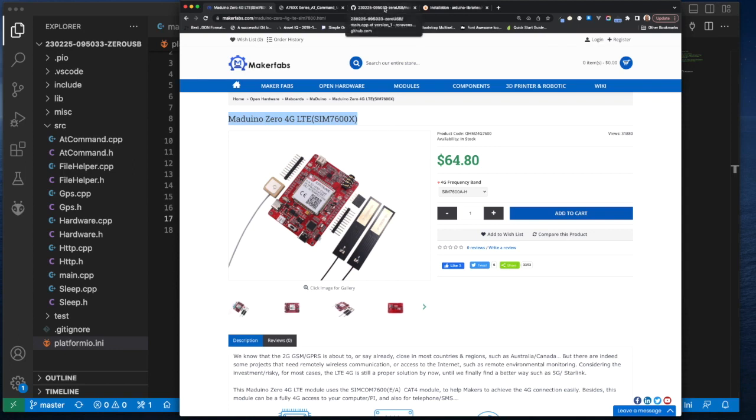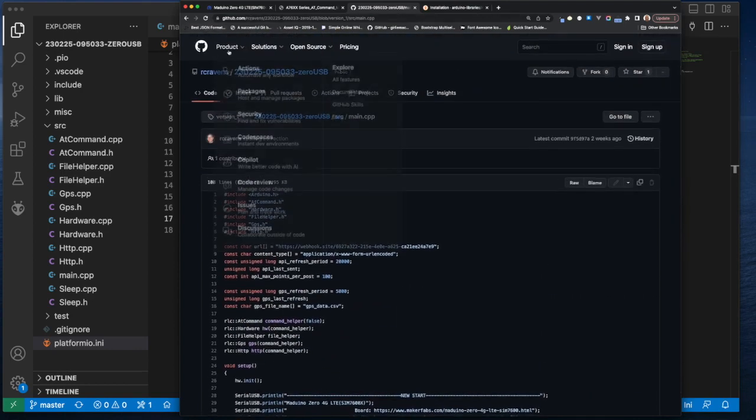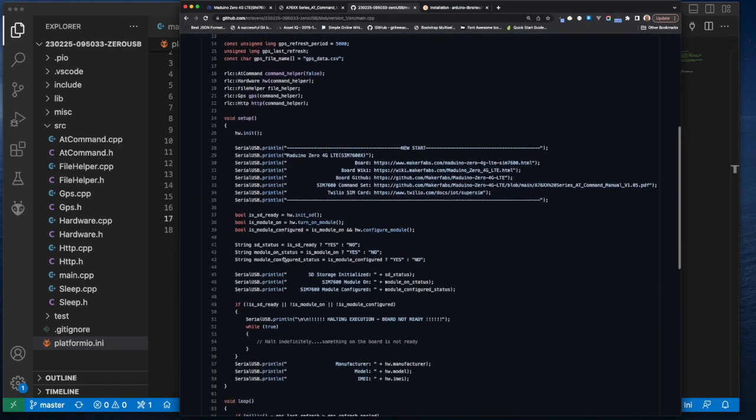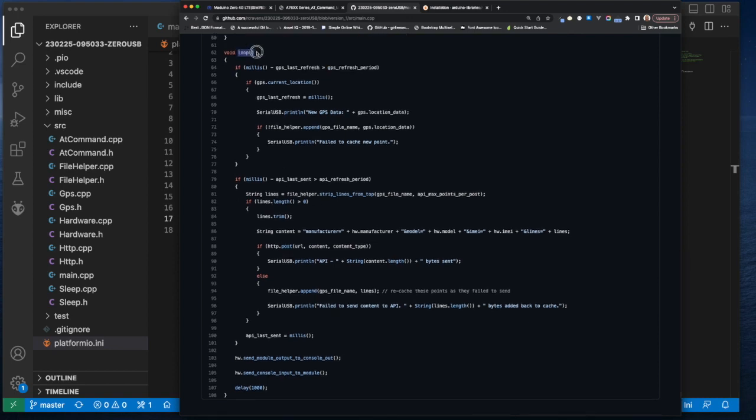One of the things where we left off, and the thing that we're going to fix today, is if you look at the code, which is in GitHub. I'm just looking at the tag that I left for version 1, which is here, and you can see where we left off on the main CPP code the last time. I want to look at just the loop. The reason I want to focus here is because this is a bit inefficient, the way it was implemented, but it was step 1 to getting this thing working. There's a delay here of a second at the bottom, and so every second this loop is run, whether it needs to or not. And the reason that's inefficient is because up here is when the GPS is collected, and